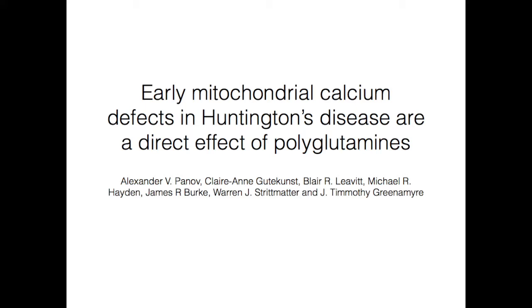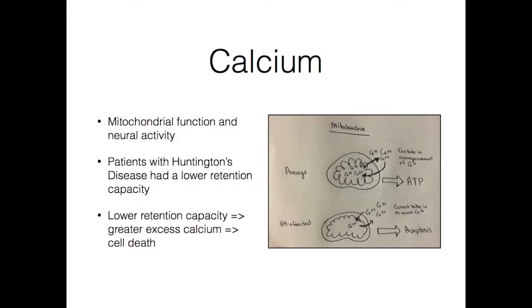This is Rachel Saunders, and I'll be discussing how the polyglutamine repeats in Huntington's disease cause early mitochondrial calcium defects. In order to understand the relevance of calcium in Huntington's disease, you really need to first understand the role of